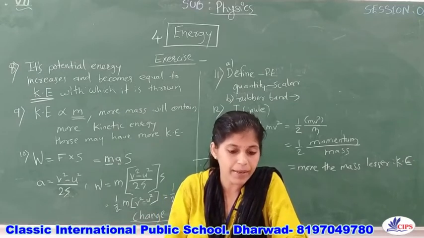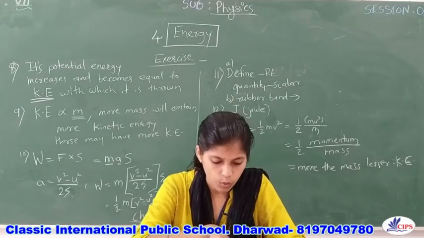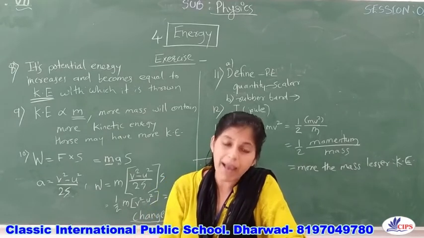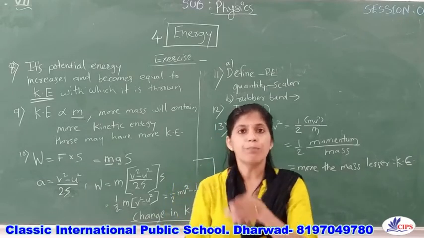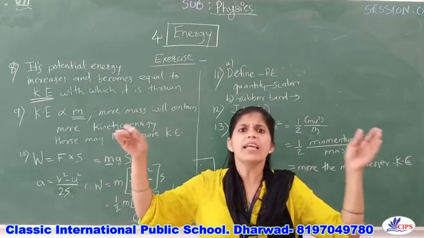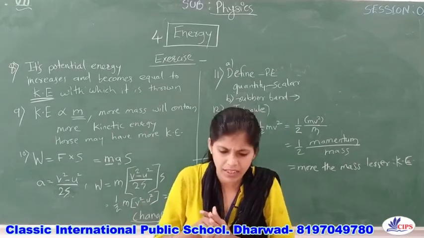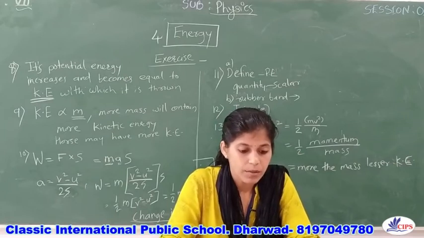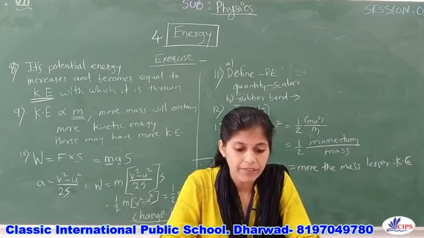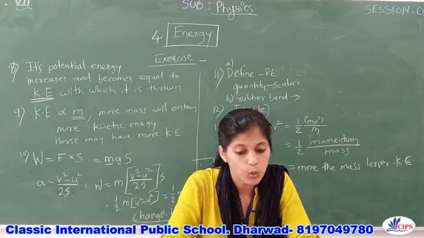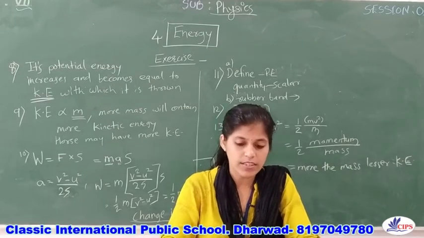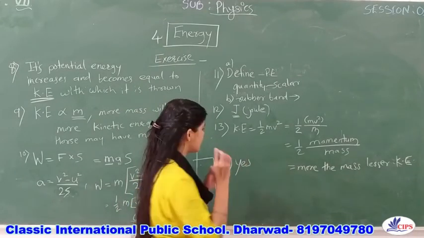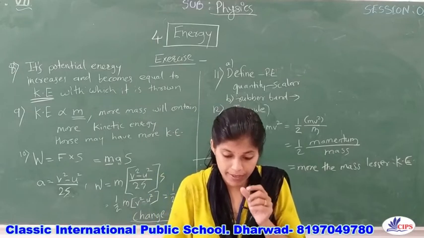It can have mechanical energy zero. Why? If the kinetic energy and potential energy are equal in magnitude, equal in size, then yes, it can happen. So an object can have momentum even if its mechanical energy, its total energy, is zero. So this is the answer. How will you write the 14th answer? The answer is yes. And what will you explain?